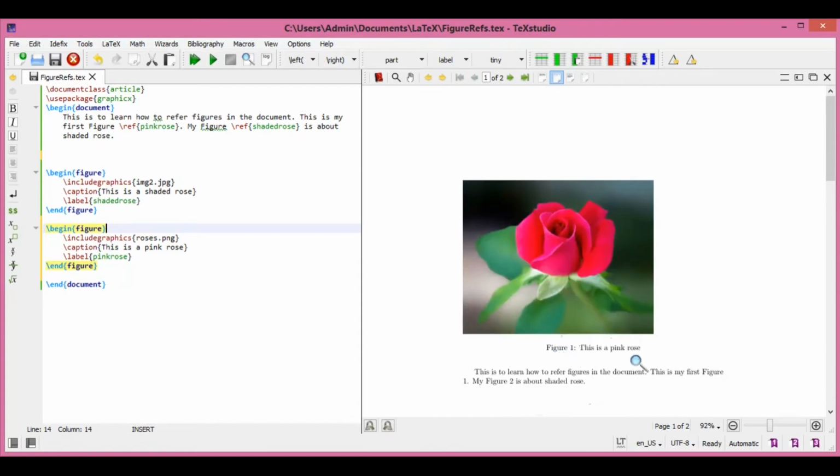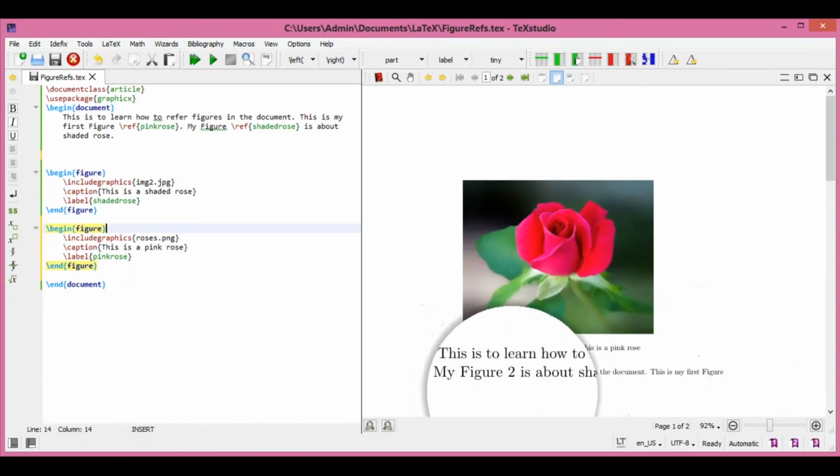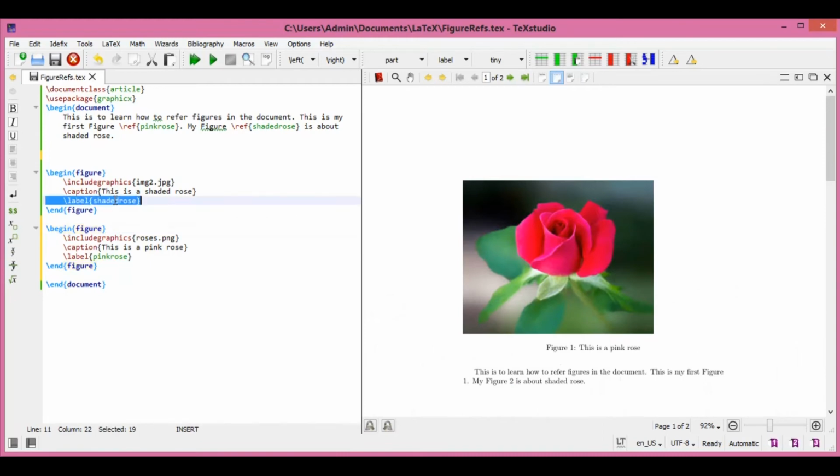So I don't need to manually change the text because I'm calling it by its label. Irrespective of where they are placed in the document, their names are shaded rose and pink rose. That is not getting changed, right? So the generated figure numbers will also be picked up automatically. Let's see how this works.